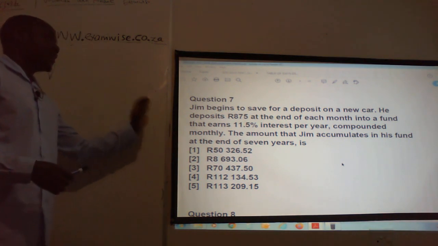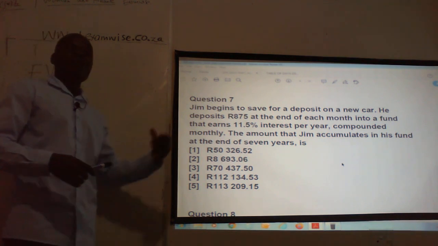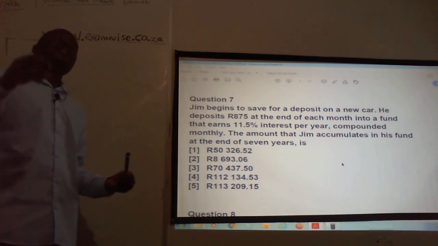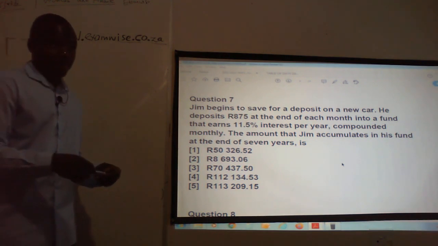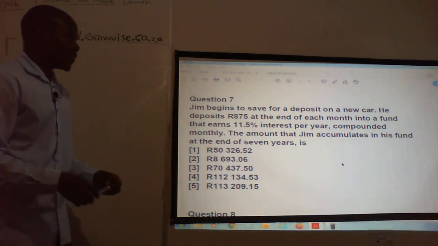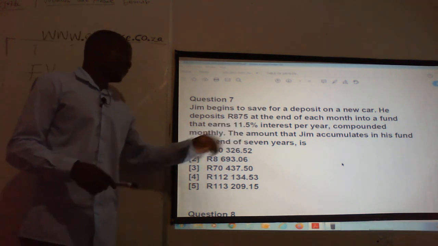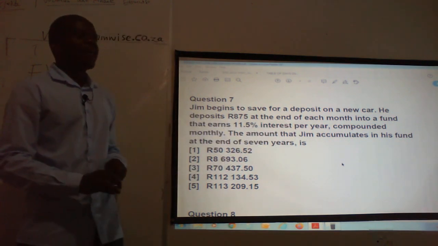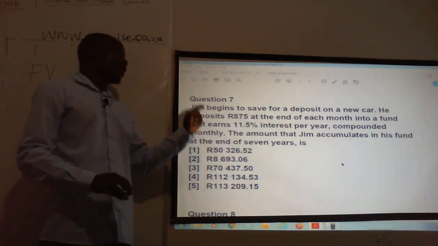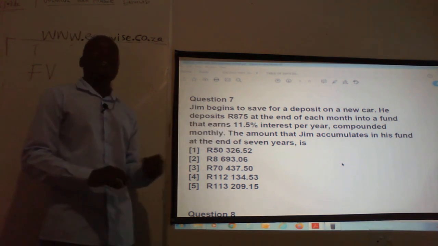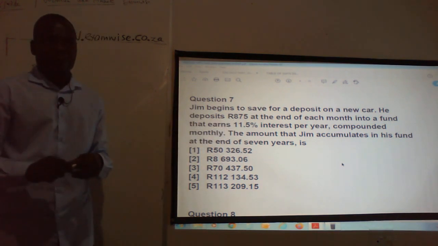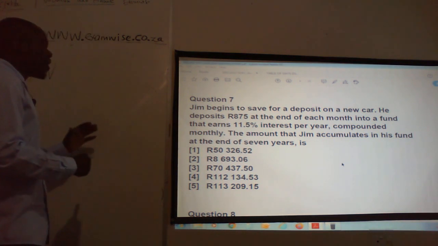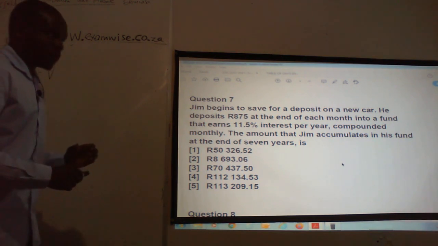In this case, Jimmy didn't deposit 875 at the beginning and leave it there without adding other deposits. Jimmy will be depositing 875 at the end of each month. At the end of each month, he will be depositing 875. So if we have a situation like this, we are no longer dealing with a single amount